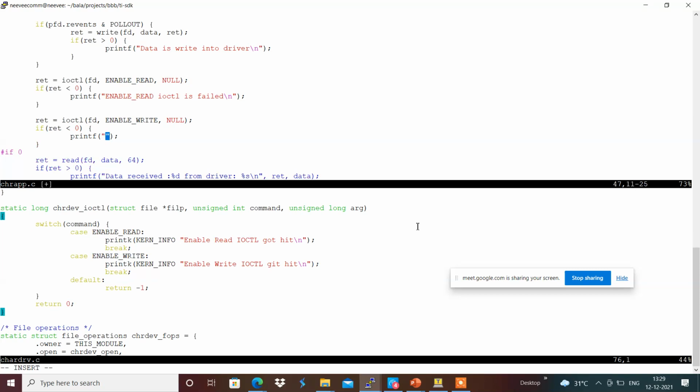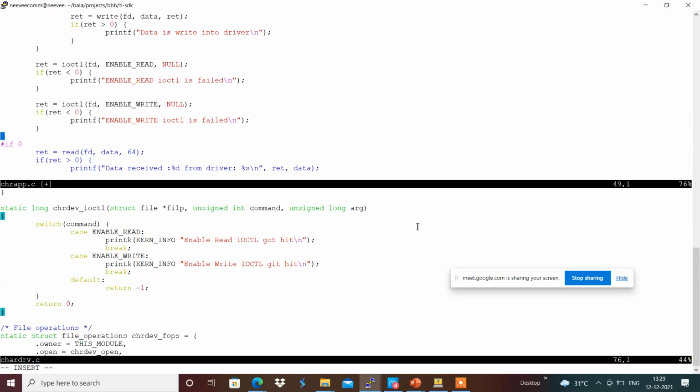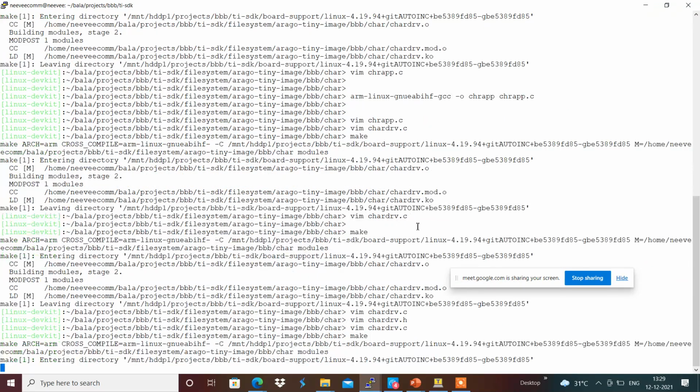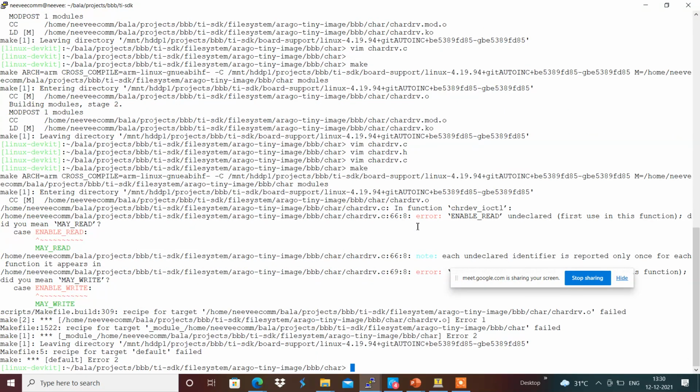Now I am going to compile this, make. In chardev.c I have to include chardrv.h, which I have to include over here.